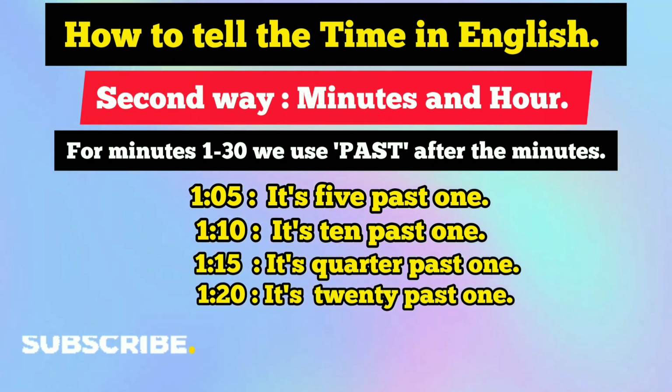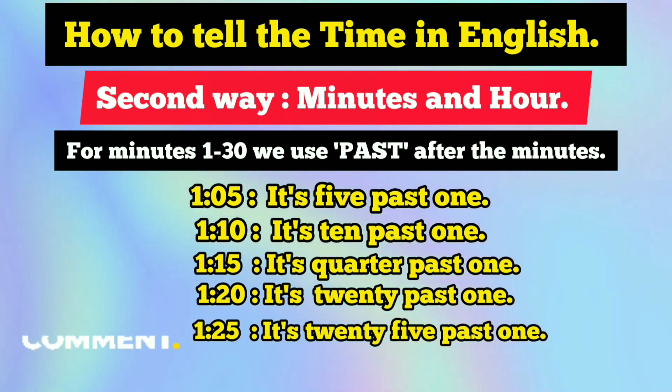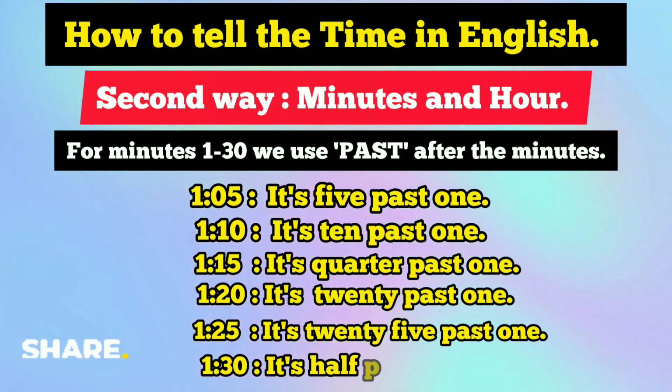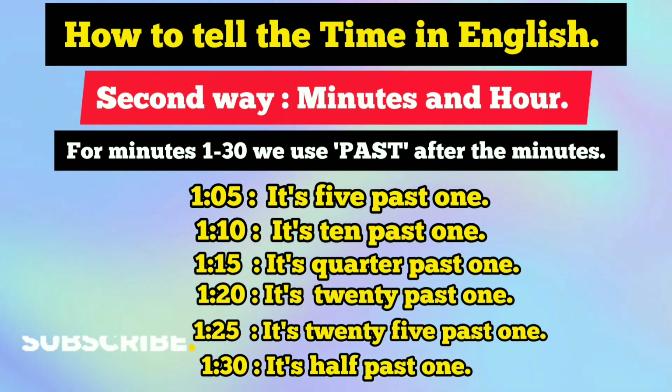And as you see, the next one, that is 1:25. So it's 25 past 1. And the last one is 1:30. So it's 1/2 past 1. That means 30. 1/2 means 30. So it's 1/2 past 1. So like this way, you can tell the time in English by using the minutes first and then following it